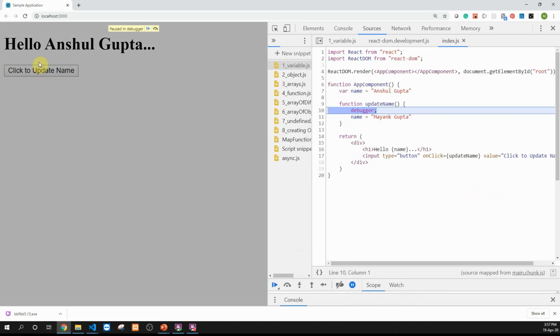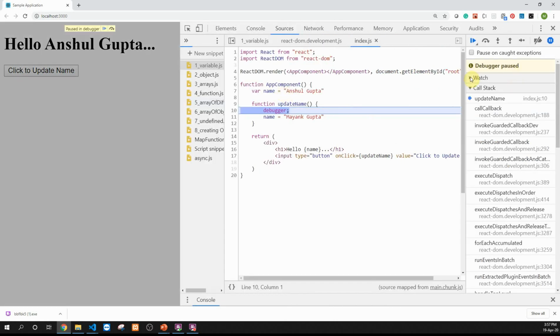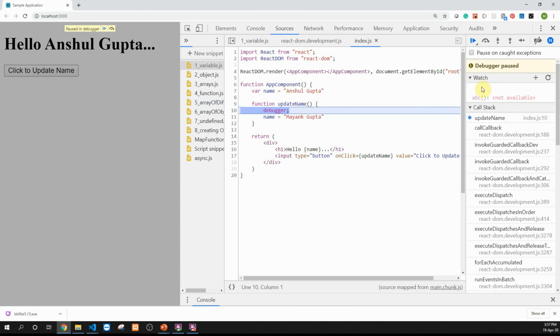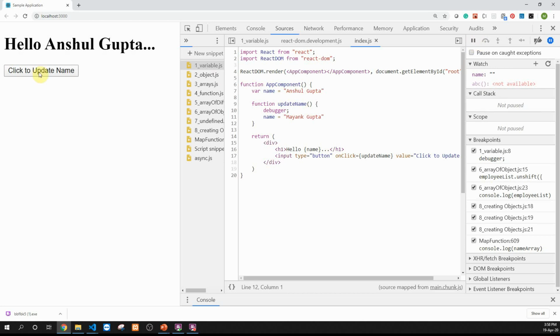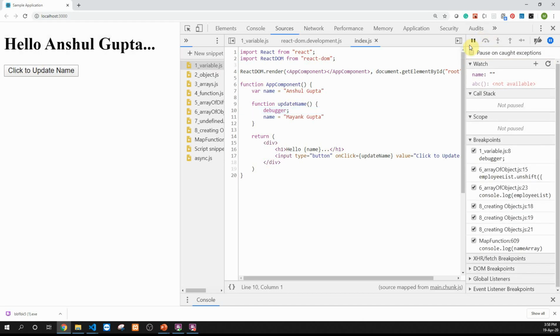So now let's click this button, and what we see over here is that name variable is Anshul Gupta. Let's see what is the value of name. We'll go to the watch and we'll put this variable name over there. Right now, the name value is Anshul Gupta. In the next line, I expect this value to be updated to Mayank. But as soon as the value is updated, I also expected my template to change and display hello Mayank Gupta, which is not the case. So we'll see that even though the variable name updated, we do not have the updated value of name over here in the salutation.